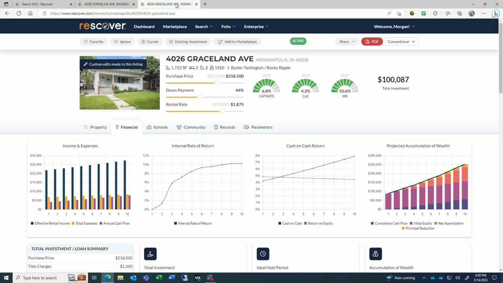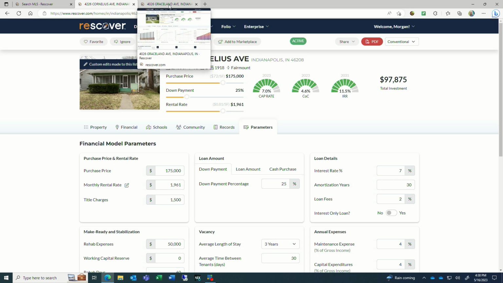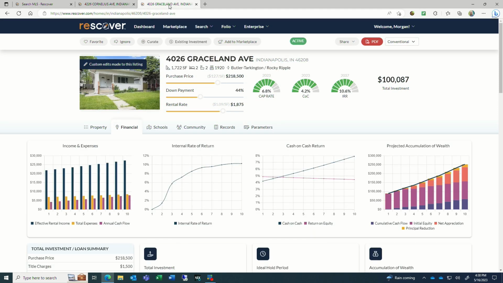So this is pretty cool. We just looked at two different properties. We found them just by searching the MLS on Discover, and we successfully sized up two investment options for ourselves or for our clients, whatever it is, assuming that they have $100,000 to invest, and we used our tools here. Now,